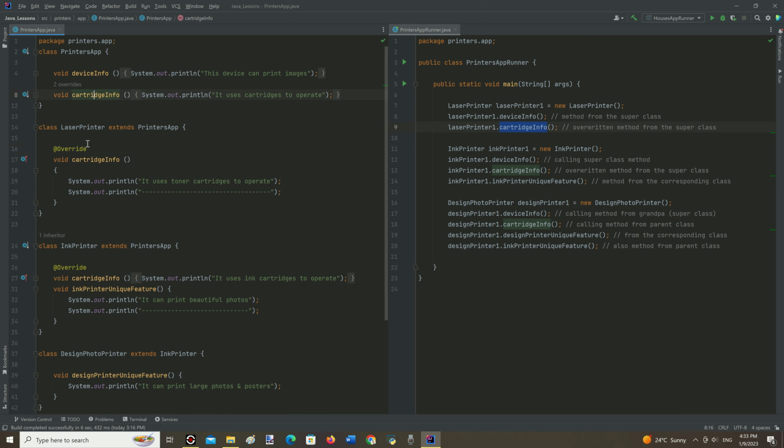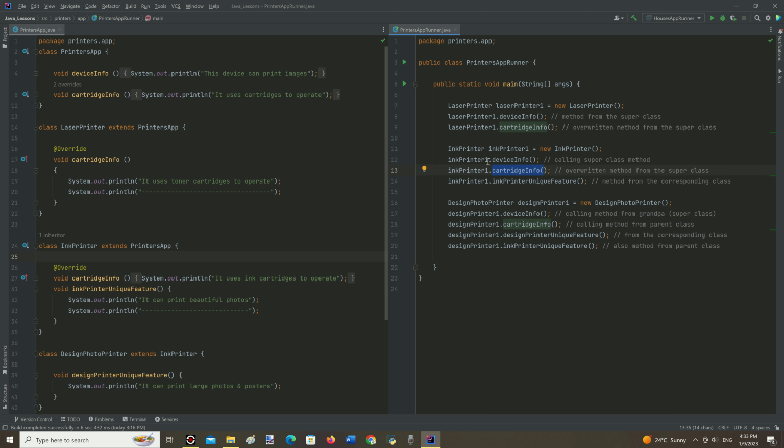Another class named InkPrinter also extends or inherits the printer's_app base class. It has also one overwritten method, cartridge_info, and one own method, InkPrinter unique feature. And after an object from the InkPrinter class is created, it can use methods from the base class printer's_app, named device_info in this case, and another method from the parent class named cartridge_info.